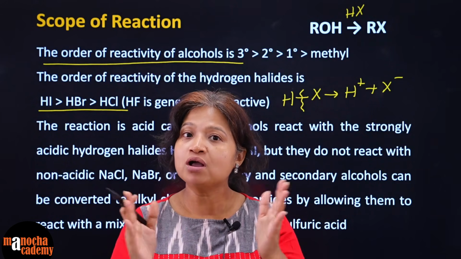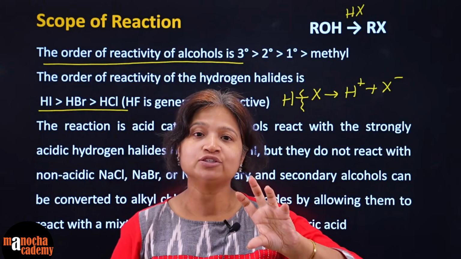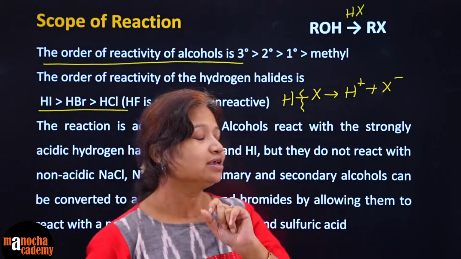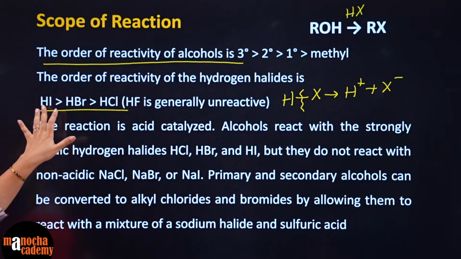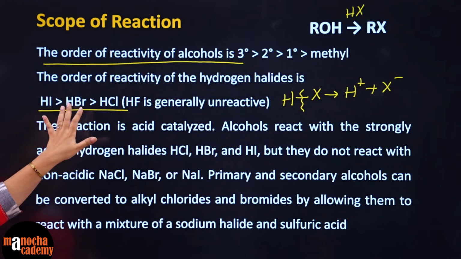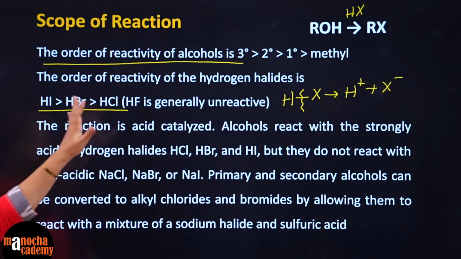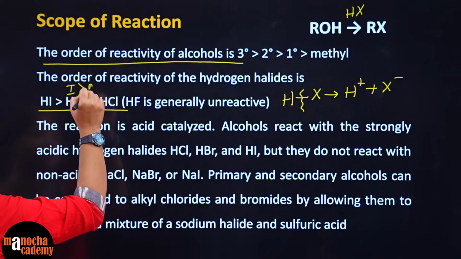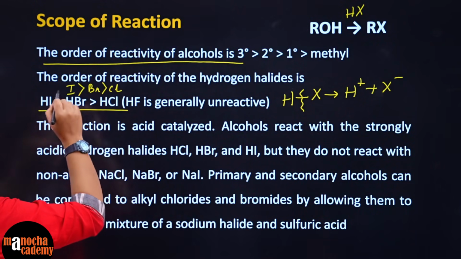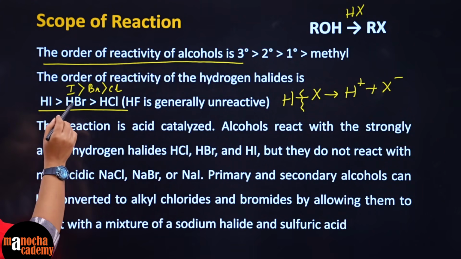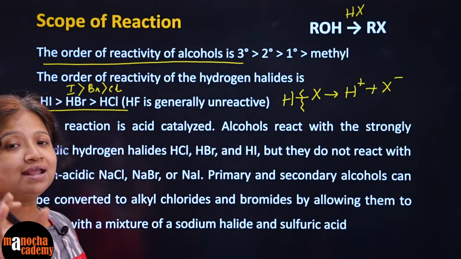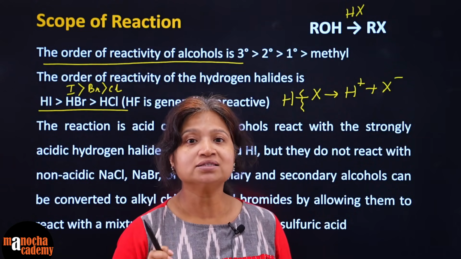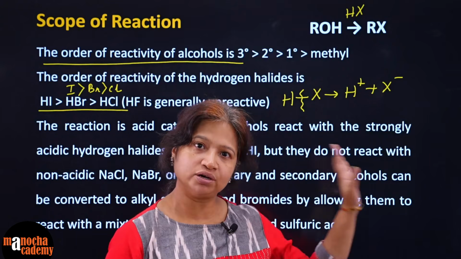So naturally, the longer bond comes from the atomic radius of I compared with Cl and Br, isn't it? Accordingly, we know that the atomic radius of I is bigger than Br, and Br is bigger than Cl. So this order depends on the atomic radius of I being greater than Br, and Br being greater than Cl. So the bonds are longer for HI, then HBr, then HCl. The longer the bond, the lesser the bond dissociation enthalpy, and accordingly the faster the reaction with HX. So that is the order. Okay.